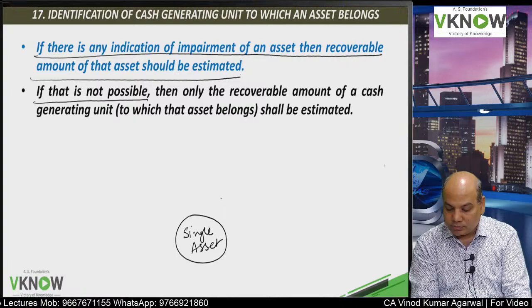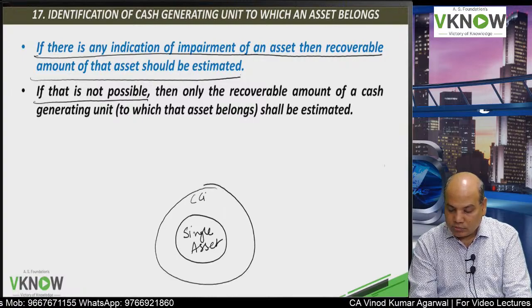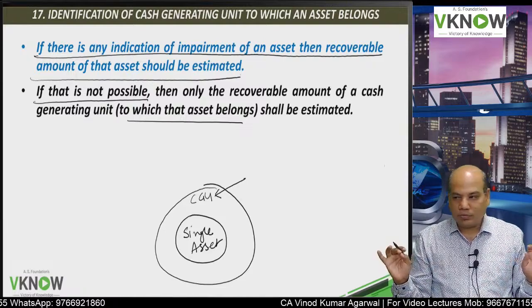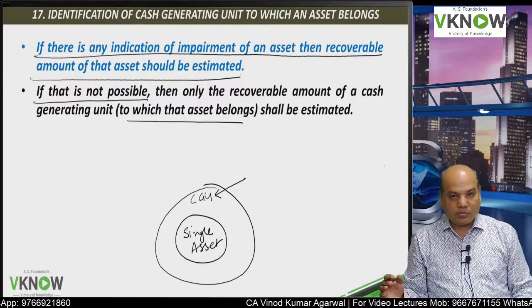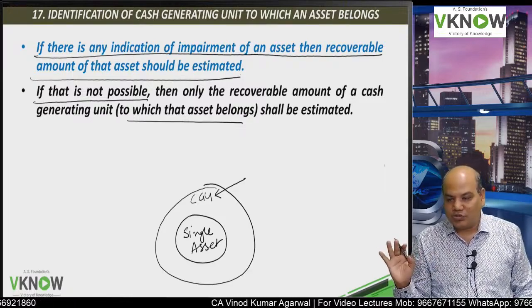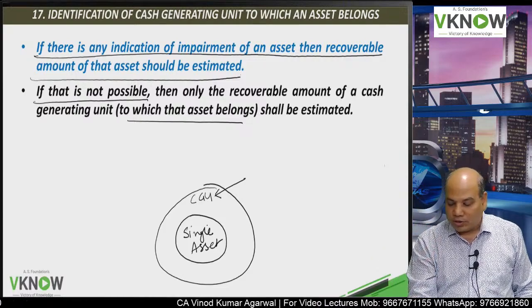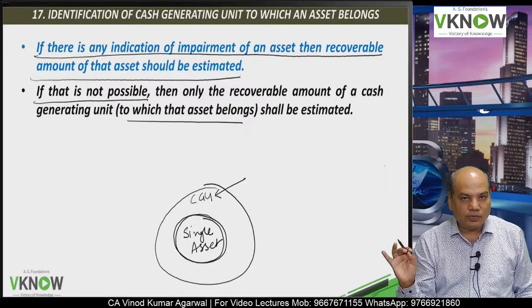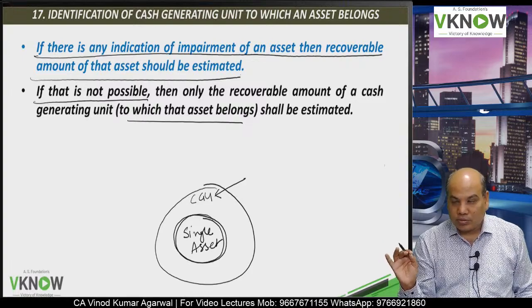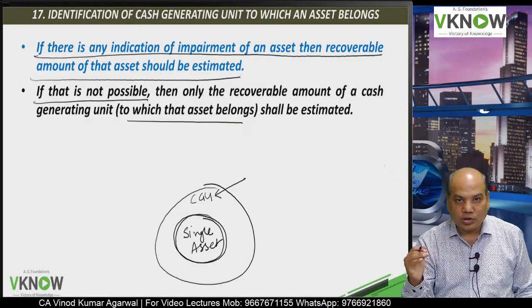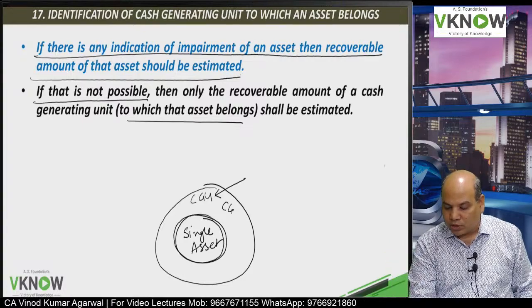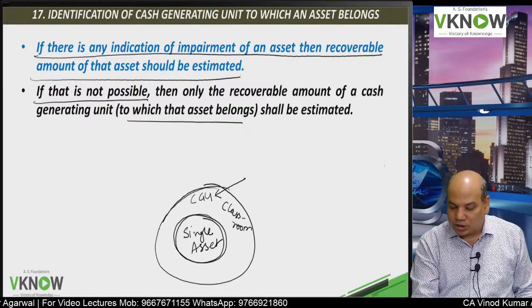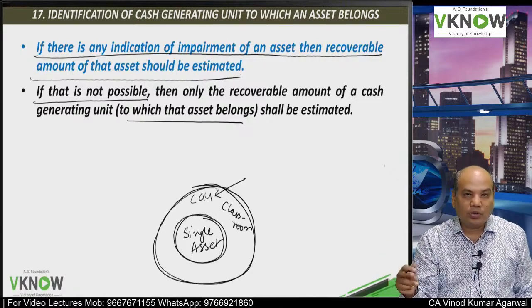But if it is not possible, then you go to that CGU to which this asset belongs and whose recoverable amount can be computed. I will give the example of this classroom. In this classroom you have so many assets, benches, projector, computer, camera, and suppose there is an indication that projector is impaired. So I will try to find out the recoverable amount of the projector, but I cannot compute because projector does not generate independent cash flow. So this whole classroom, which includes this projector, and assuming that this classroom generates independent cash flow, we are going to test that classroom